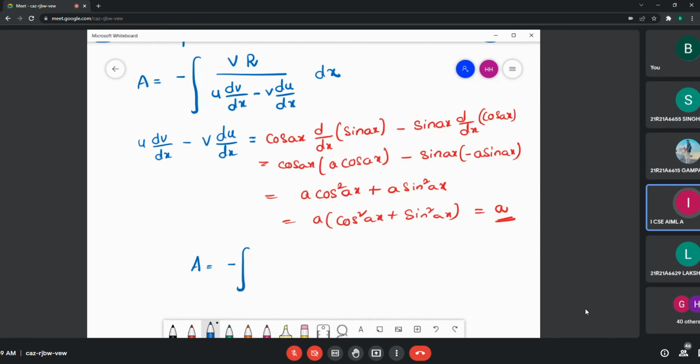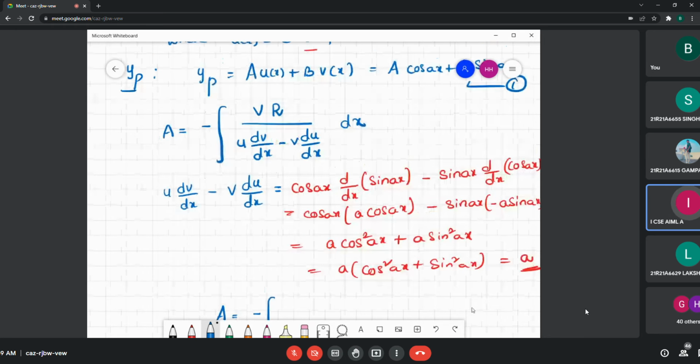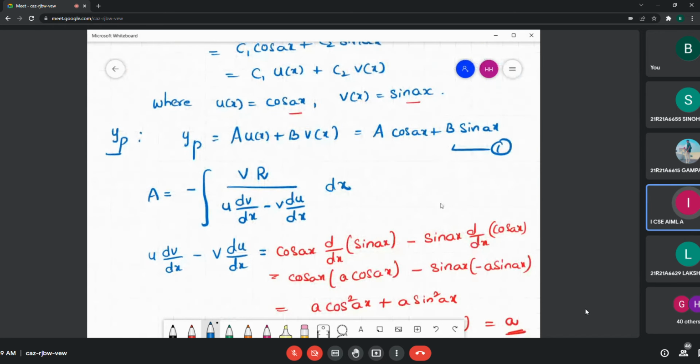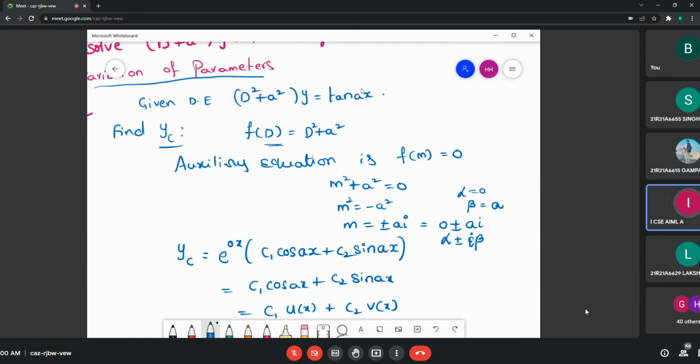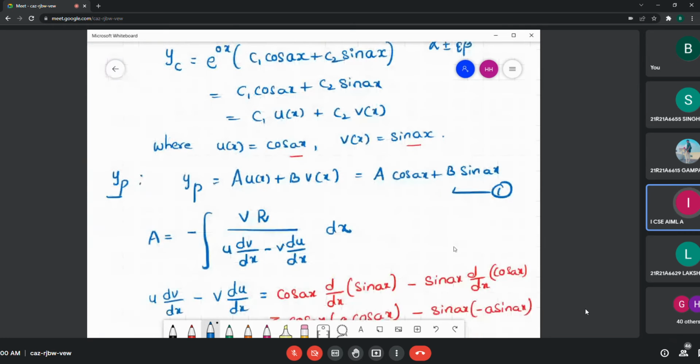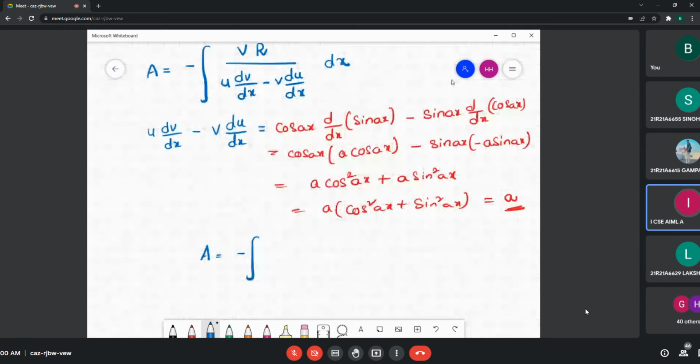minus integral. We know the value of the v here. V is sine ax. So substitute sine ax. And what is the capital R? Capital R is the right hand side. This is the capital R. So capital R is tan ax. V is sine ax